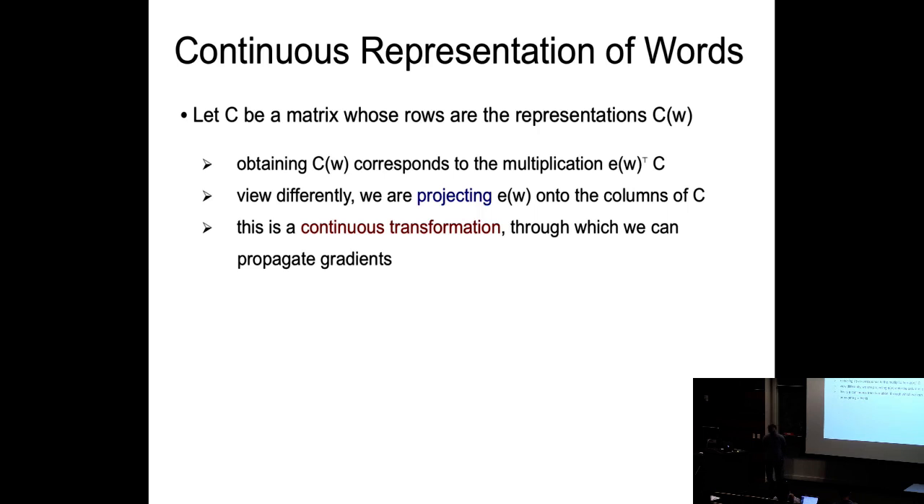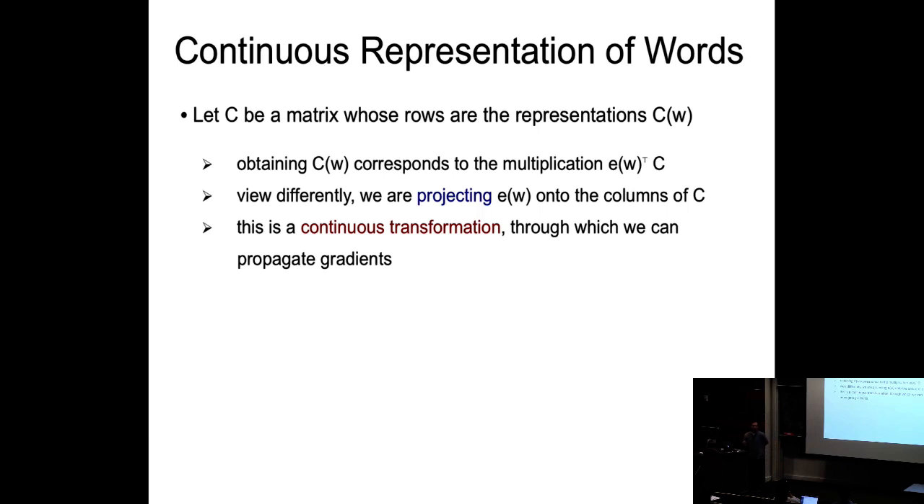And the way you can think about this is that in order to get the embedding of a particular word, it corresponds to the multiplication of the one hot encoding by this matrix C. Remember, what is one hot encoding? One hot encoding is basically telling you which word you're looking at right now. And if you multiply it by matrix C, it's essentially picking up the corresponding row in matrix C, right? Or view it differently, we're projecting the representations of the word that we're looking at onto the columns of C,